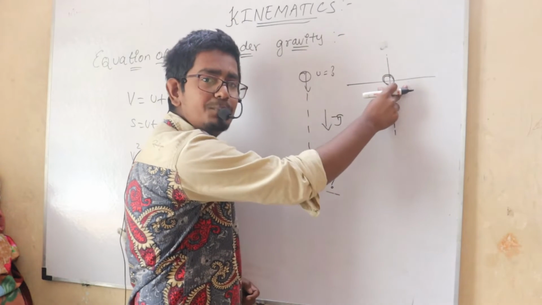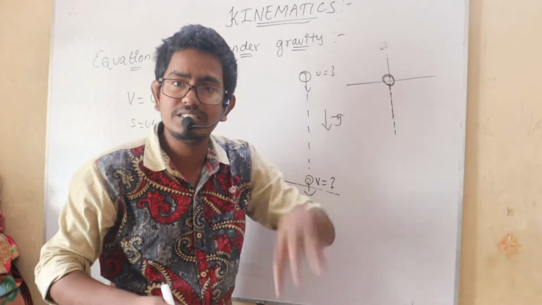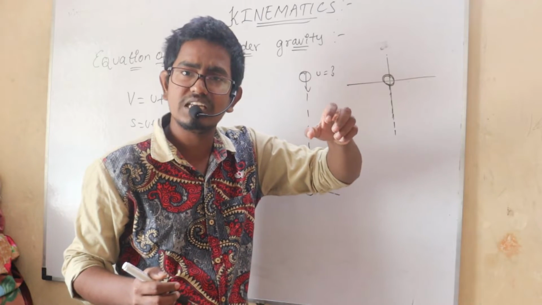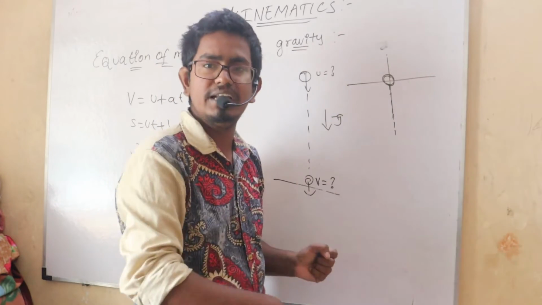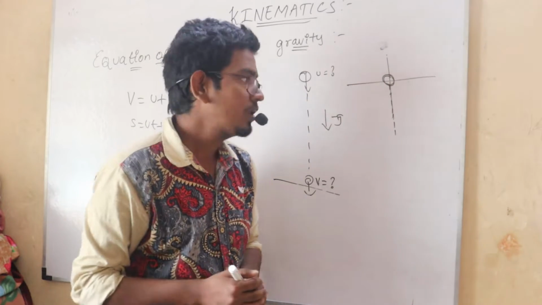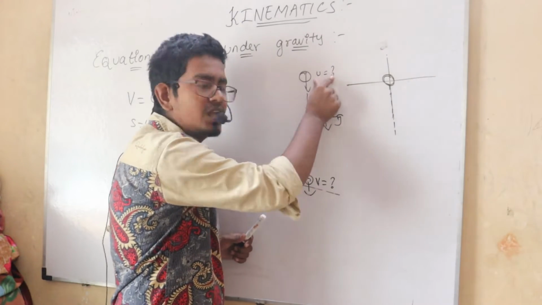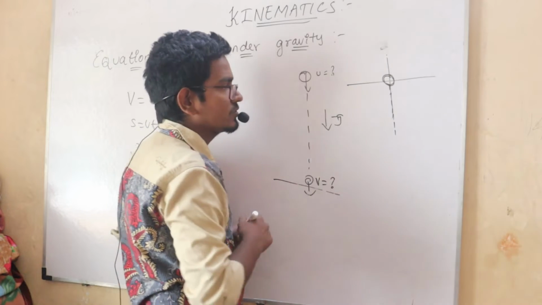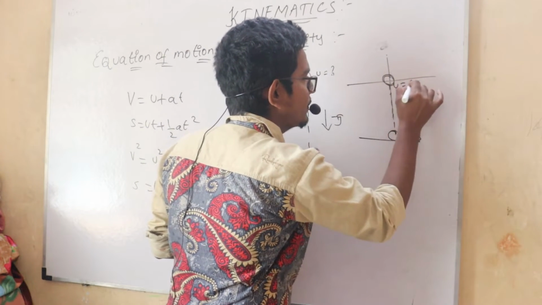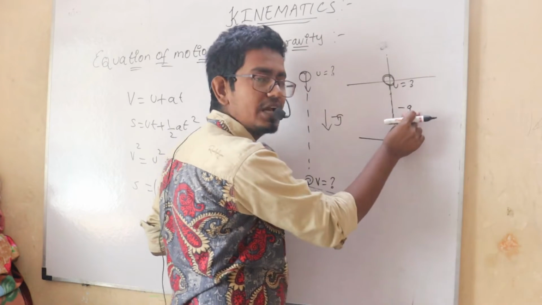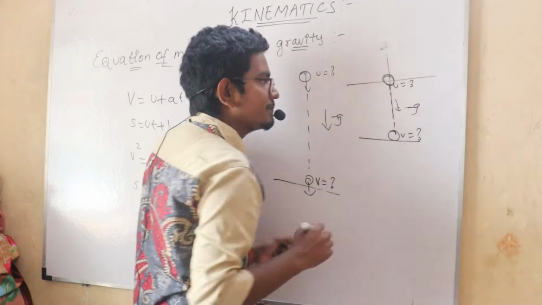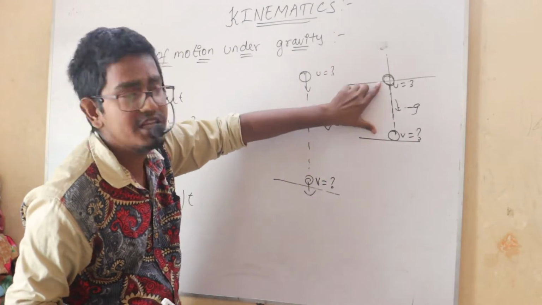If I am projecting, it means I am throwing with some initial velocity, I am giving some initial velocity to the body. If I am not throwing, if I am just leaving it, that means it is falling freely. I am not giving any velocity to that ball. So for now I am projecting this body vertically downward. This body is going to hit the ground with some velocity V, and this is U. As the acceleration due to gravity is acting in the downward direction, the negative y direction, it is minus g. So you can see the displacement of the ball.